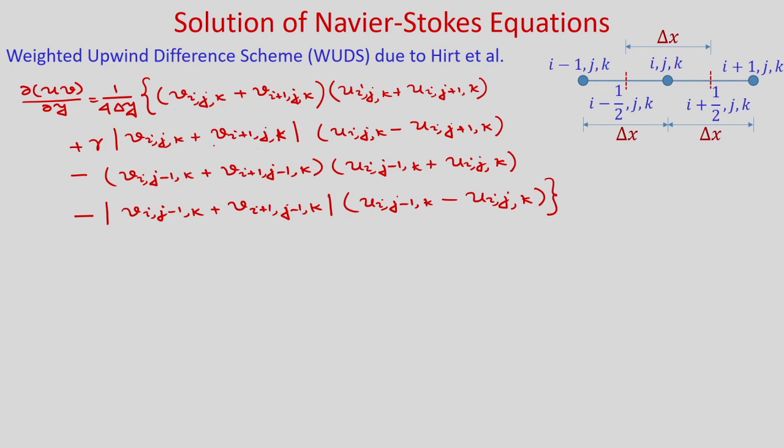You know that if this value is greater than or equal to 0, then it will return this value, otherwise if it is less than 0, then it will return the negative value. Similarly, you can write del u w by del z, 1 by 4 delta z,